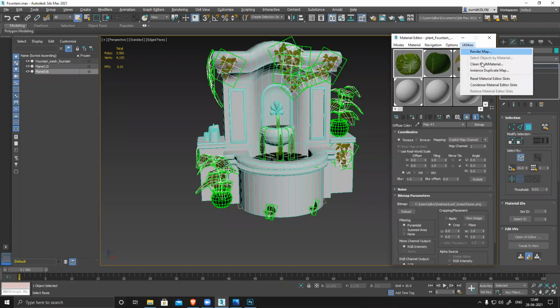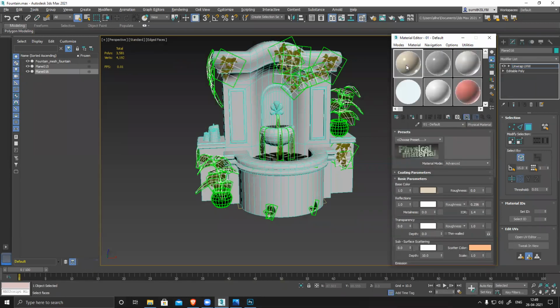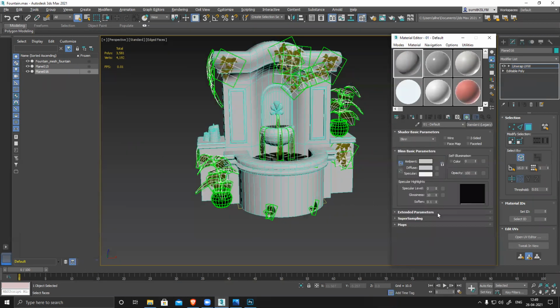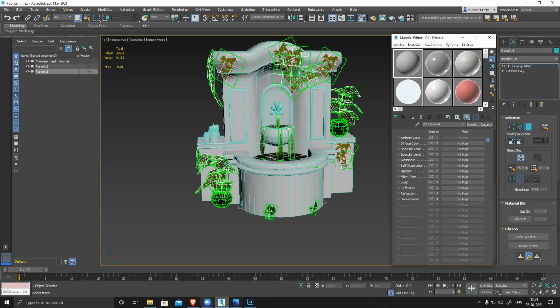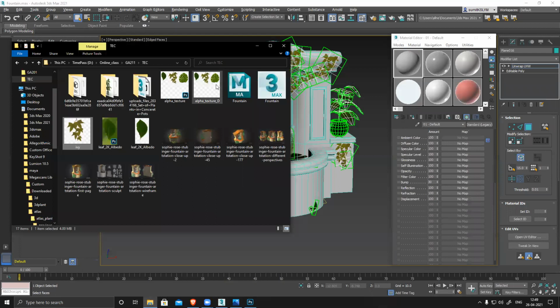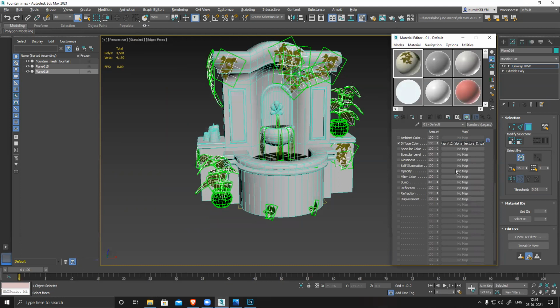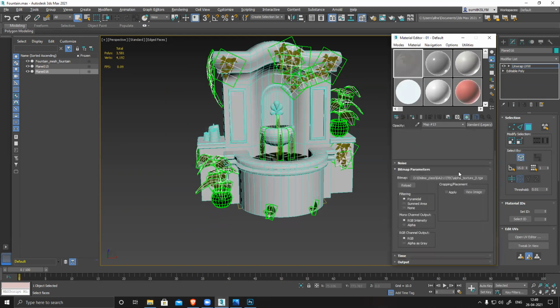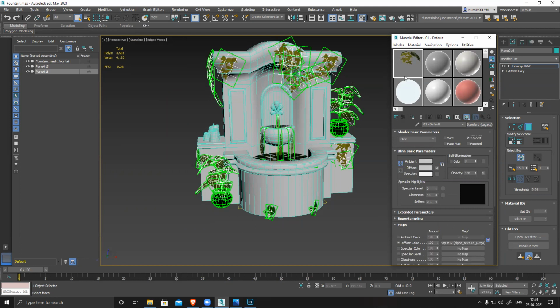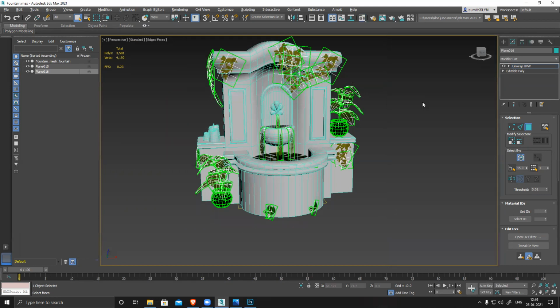Now I'll just reset my material editor, standard maps. Now I'll go to my folder and you can see I have this texture with all three leaves. Select this, drag and drop here, and drag and drop to opacity and change this to alpha channel. So everything is visible and I can keep it two-sided, so it's visible from both the sides, and I'm done with this material. Setting is ready.